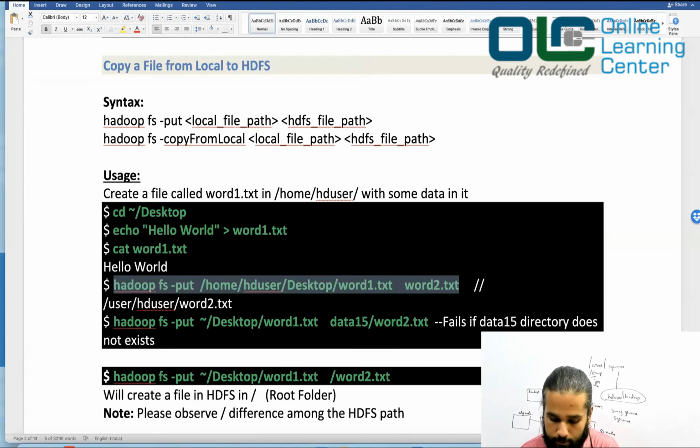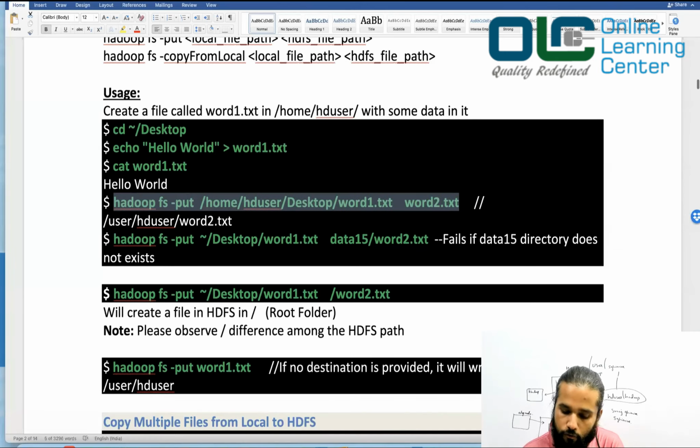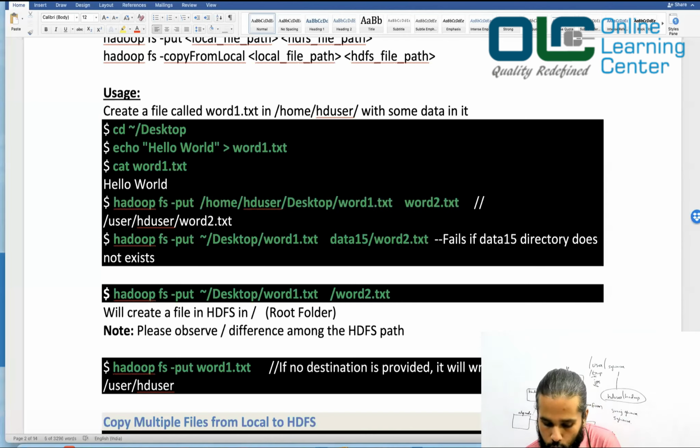Now let me move on. So we did this, right? But then I can also use a shortcut here. I can say hadoop fs -put, a tilde symbol, and the tilde symbol in Linux is always what? /home/sd, right? And there you have your desktop. So you are basically saying, I want to copy the data from my desktop. I know that I have word1.txt, and I would like to copy this in